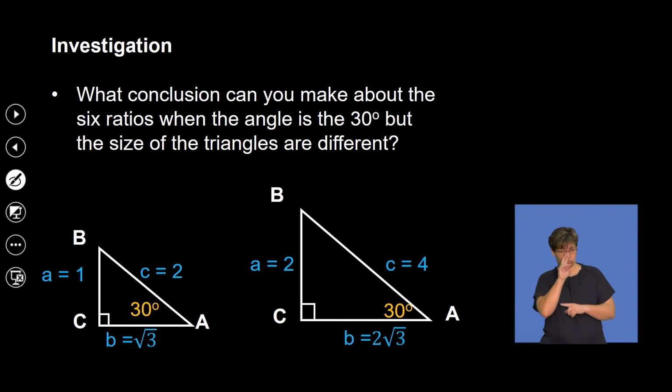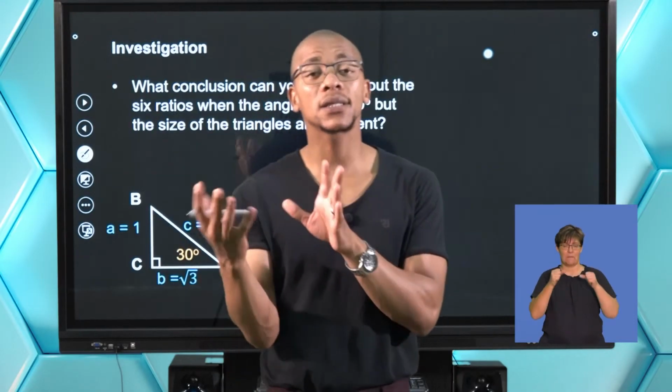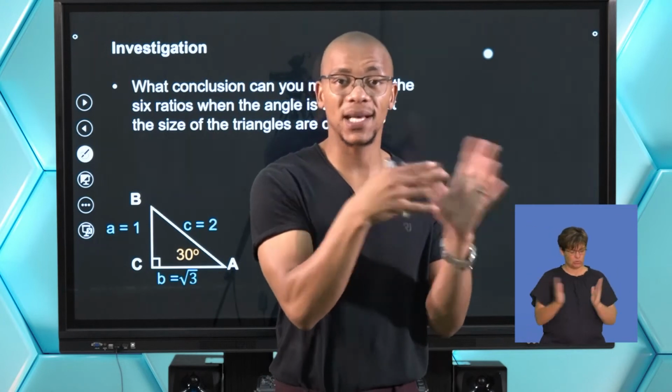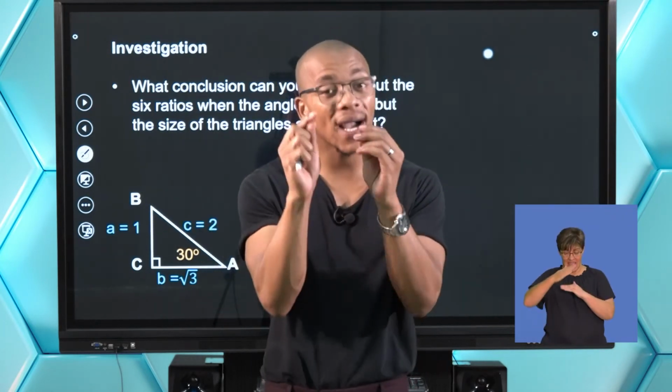But now what you need to look at is, what conclusion can you make about the 6 ratios when the angle is 30 degrees, but the size of the triangles is different? Now, what am I talking about? The angles must remain constant throughout, but the sides can be bigger, others can be smaller, as long as the